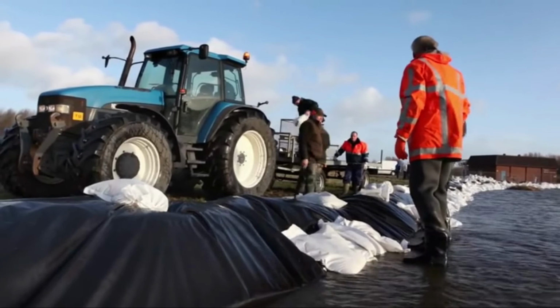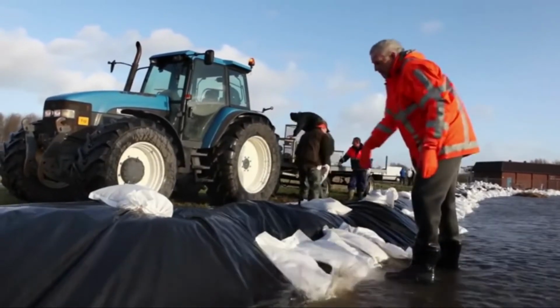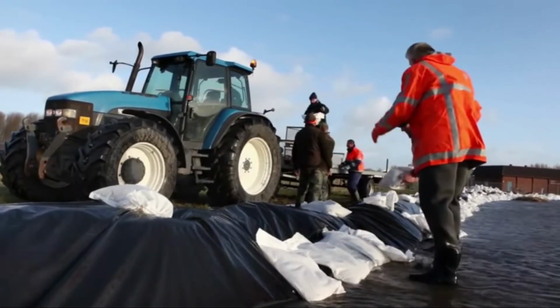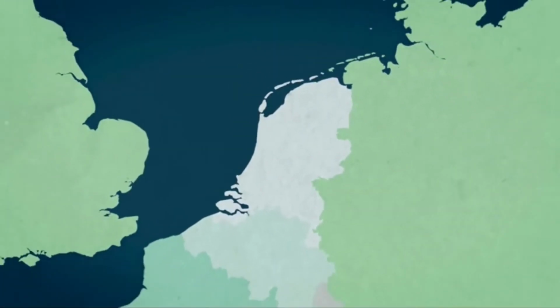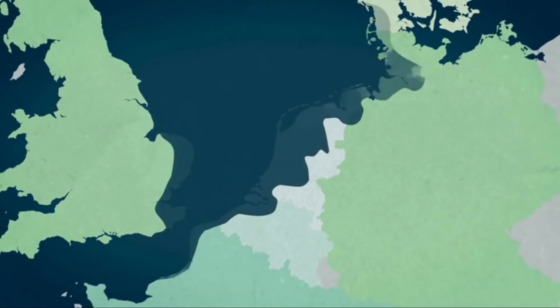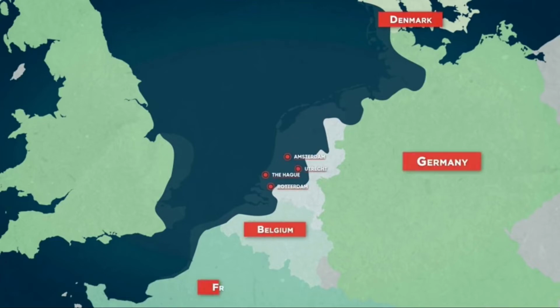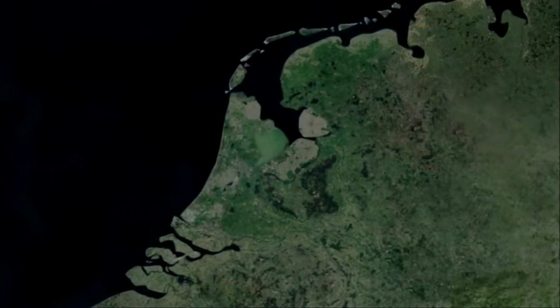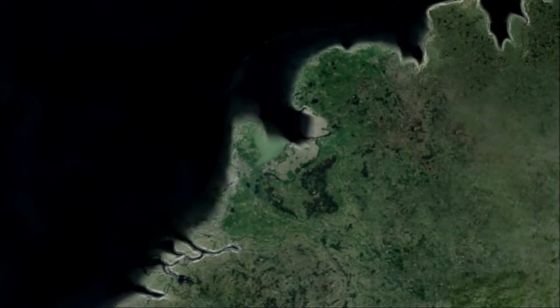But the current system is not built according to the worst-case projections for sea level rise by the end of the 21st century. If sea levels do end up rising 2.7 meters higher than they are today, this is what the area around the Netherlands will look like. Nearly half of the country is going to be underwater, including her most major and important cities like Amsterdam, Rotterdam, The Hague, and Utrecht. Belgium, Germany, Denmark, France, and England will all suffer significant parts of their coastlines going beneath the waves as well.